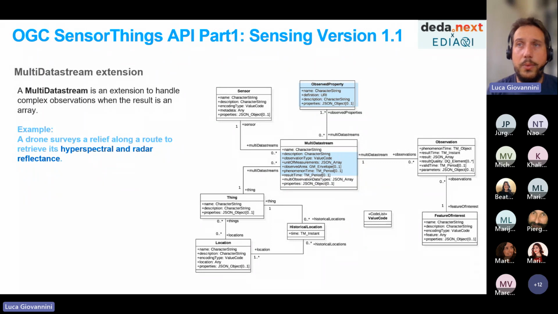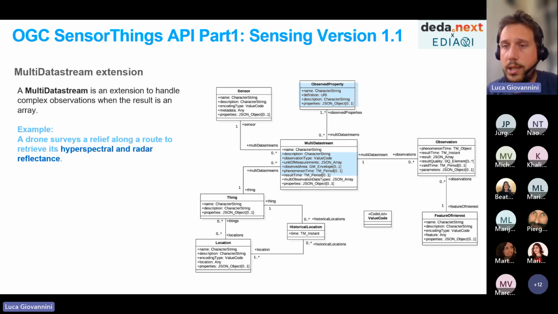So we catch their beacon looking for Wi-Fi, and we catch the MAC address of the cell phone, and we also measure the power of the connection. Those are two pieces of information measured at the same time from the same sensor, and they go together. There's no point in storing them in two different data streams.